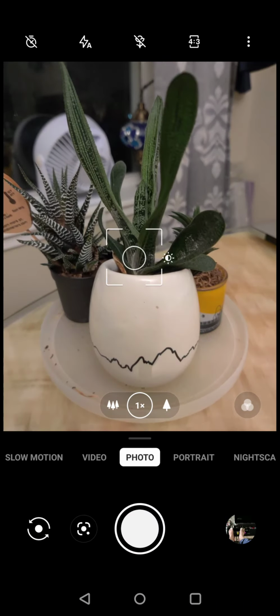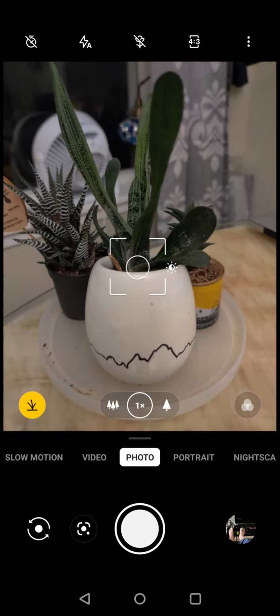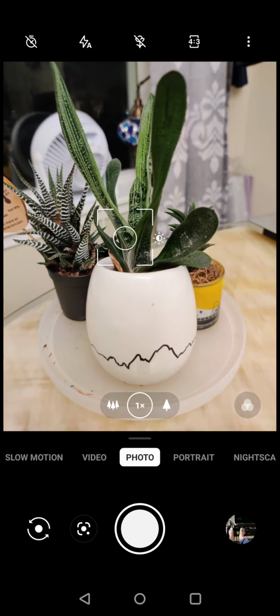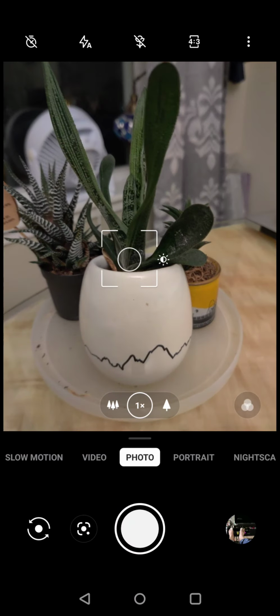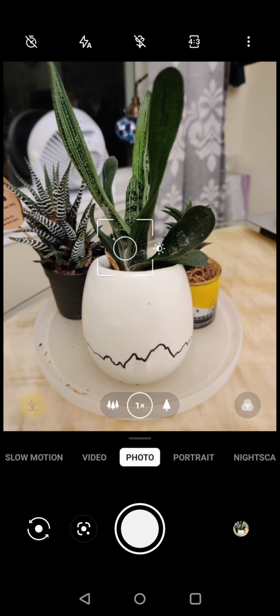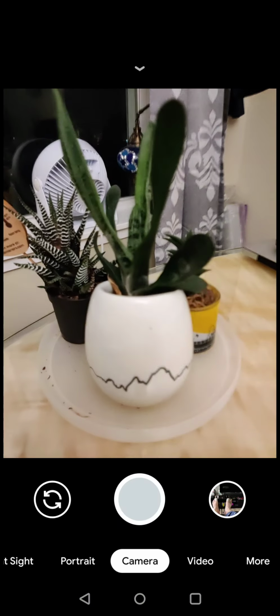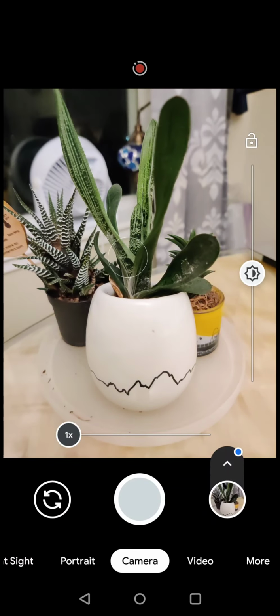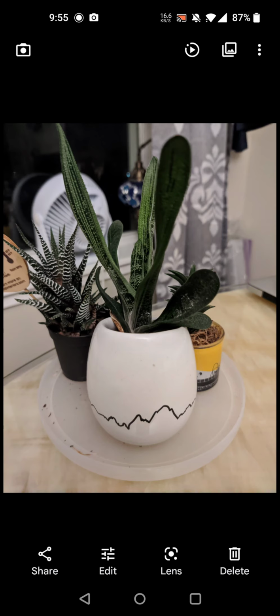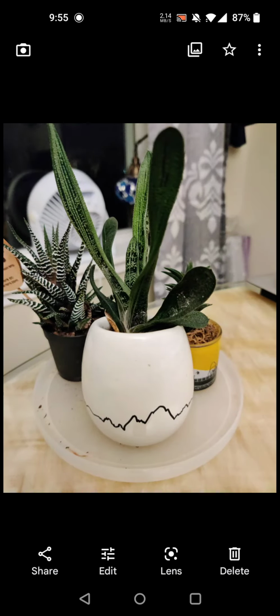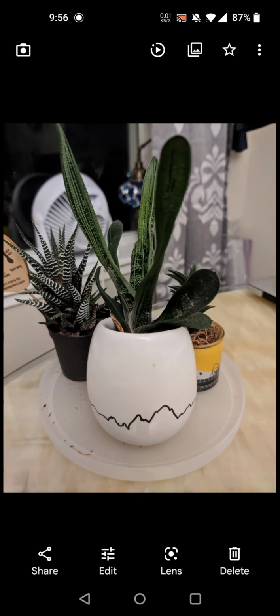And now I'll go and put it to the default camera for the OnePlus 8. So right now I'll tap it again to brighten it up. Shot. And then same shot. Tap. So let's go to the photos. So there's the one taken by the Gcam, and then this is taken by the OnePlus camera. So you can tell the color of the Gcam is a little bit more real comparing to the